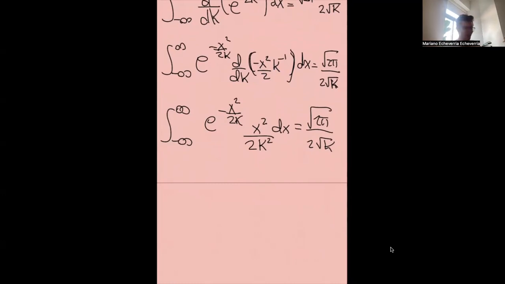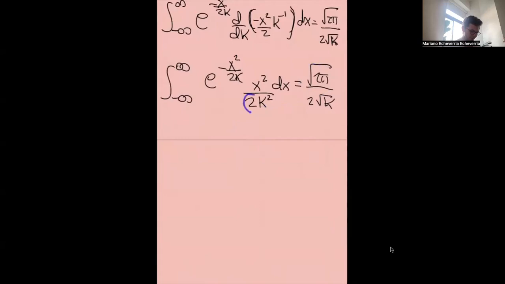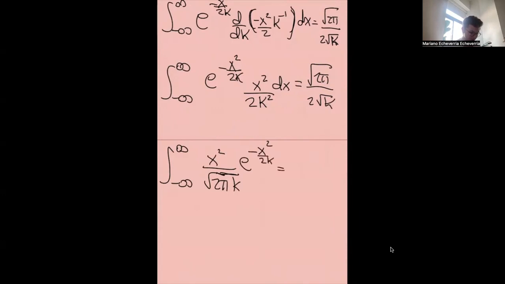But it's not maybe super clear. You have to first move this to the other side to see that. So you get the integral from minus infinity to infinity of x squared over root of 2 pi. You want to keep a root of k as well here, because if you remember the probability density function, it had a root of k in the bottom. So you put something like this, and this will give you